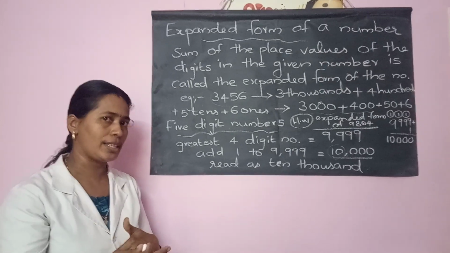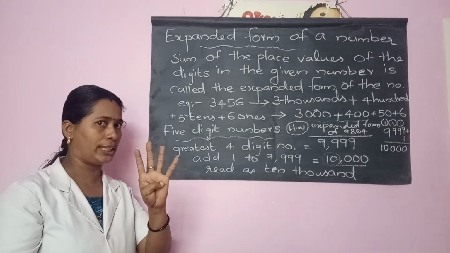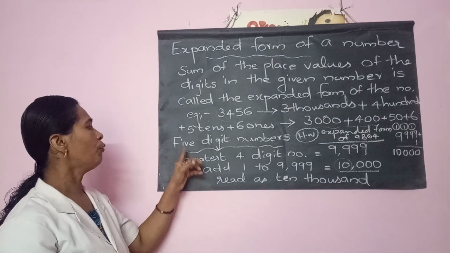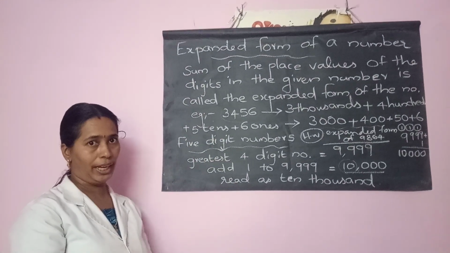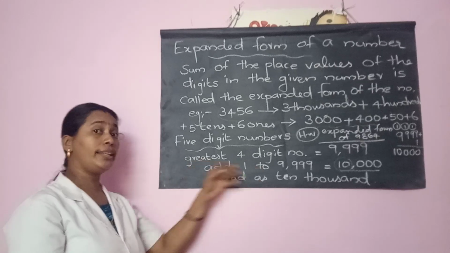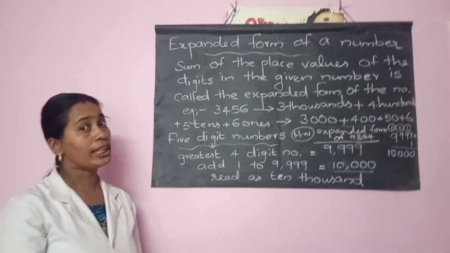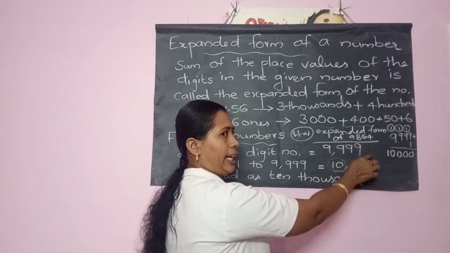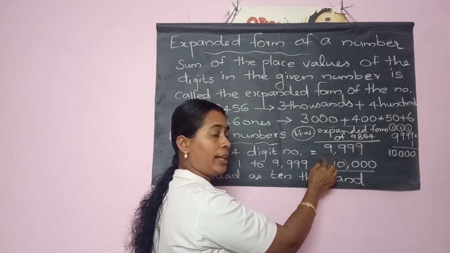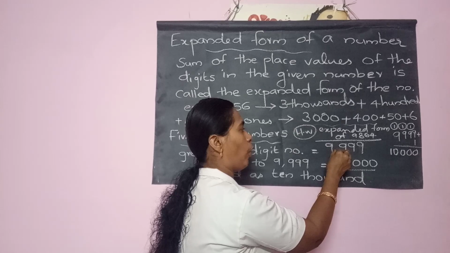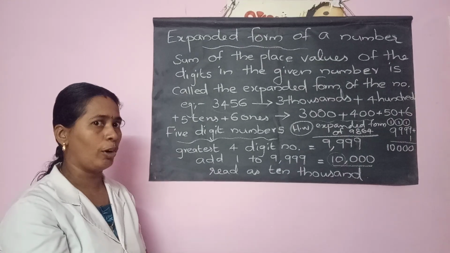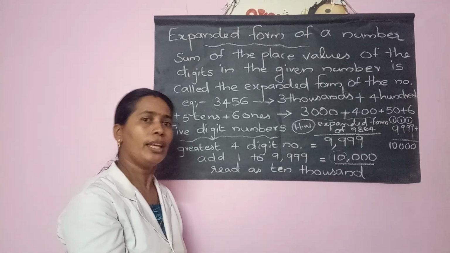Let us move to 5-digit numbers. Okay, a little bit larger numbers. What we have studied so far are 4-digit numbers. Next we are entering into 5-digit numbers. So for getting a 5-digit number, think about the greatest 4-digit number. What is the greatest 4-digit number? Full nines. Okay, how to read this one? Here we need a comma. Why are we putting a comma? By inserting a comma, we can read the number easily.